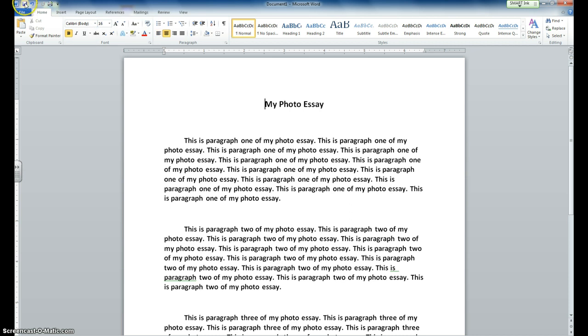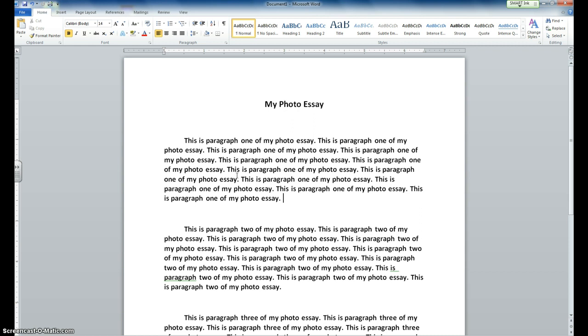And then make sure you save any of your changes after you make your revisions, and then it's time for you to put in your pictures. So I'm going to show you a couple of different ways to do this. Pictures in Word don't go in perfectly, but it works. You kind of have to play around with them a little bit to get them where you want them, but it works. So I have my cursor right here because I'm going to put a picture that goes with paragraph